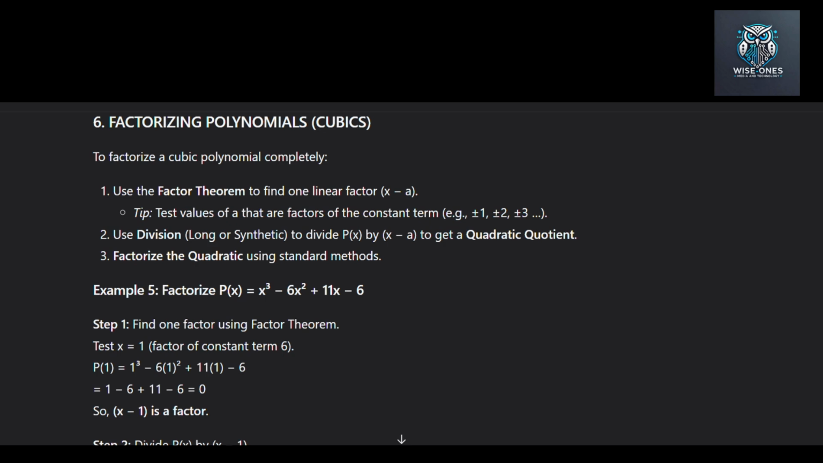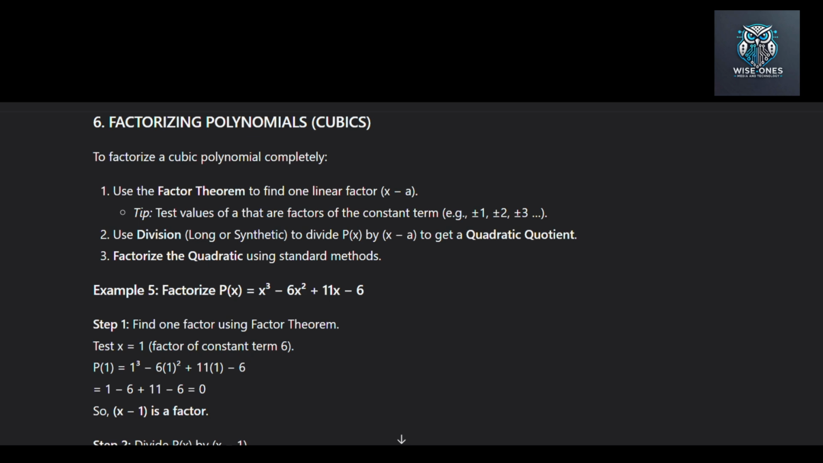Now let us move to section 6, factorizing polynomials, specifically cubics. To factorize a cubic polynomial completely, follow these steps. Step 1. Use the factor theorem to find one linear factor, (x − a). Tip, test values of a that are factors of the constant term. For example, if the constant is 6, test plus or minus 1, plus or minus 2, plus or minus 3,